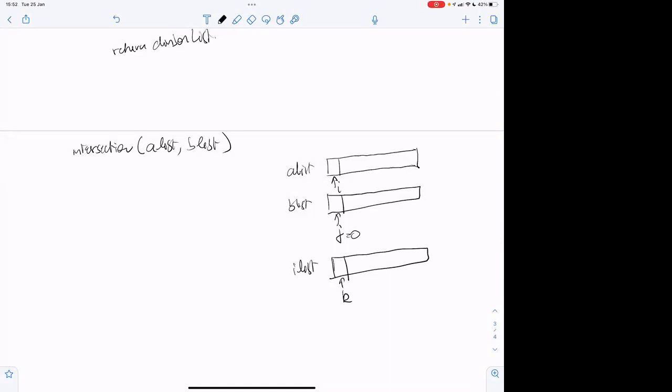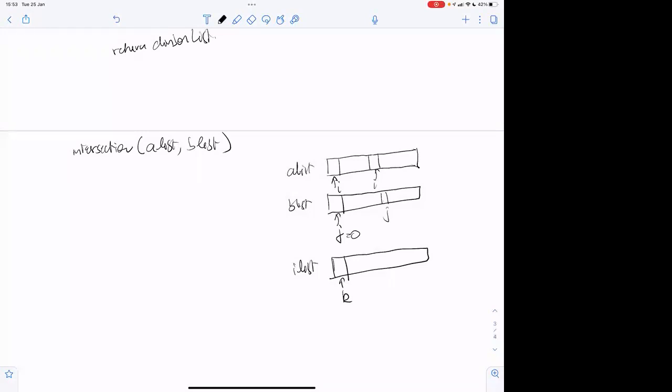At any point of time you are somewhere: this is your I, this is your J, which are not necessarily equal. You check whether A list I is smaller than or greater than B list J. If they are equal, you transfer it to the common list. If A list I is less than B list J, then A list I has no way of being common, because they are sorted in increasing order.